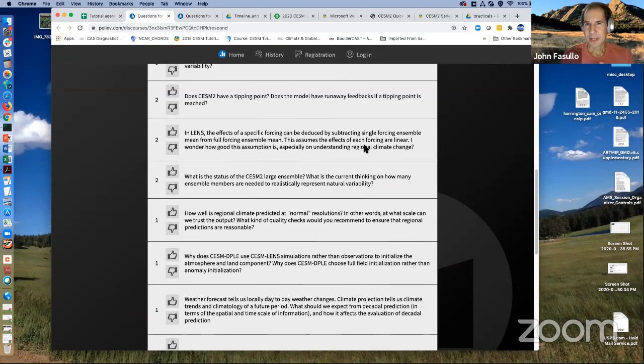There are other aspects of tipping points that the model's not able to reproduce. For example, a key tipping point is the melting of the Antarctic ice sheet, and the model doesn't have the physics to deal with that yet. We're working on it, but the model physics simply isn't there to look at it now. And then there are other aspects, like the weakening of the monsoon circulations that have been postulated, that we don't see in the model, to my knowledge, at all.